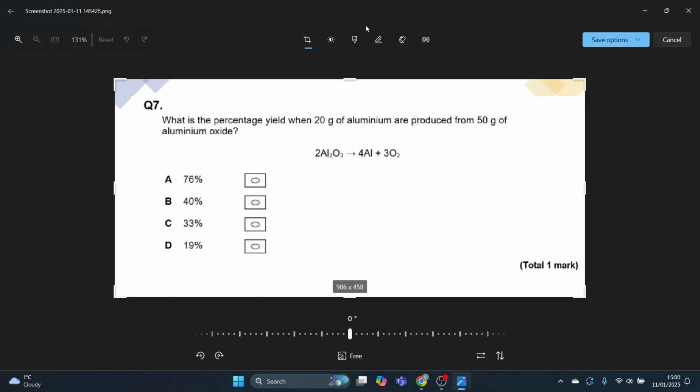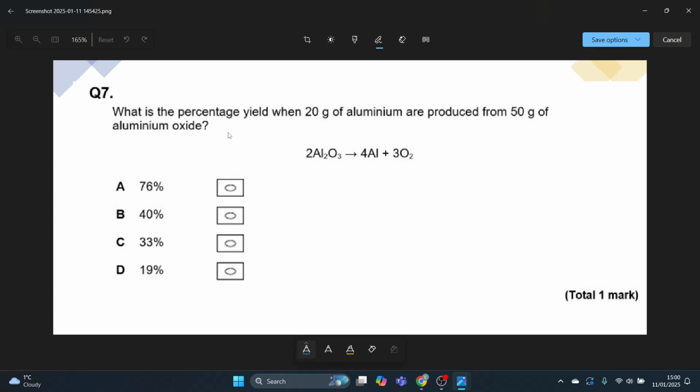Question 7. What is the percentage yield when 20 grams of aluminium are produced from this much of aluminium oxide? Percentage yield, actual yield over theoretical yield. So I can find out the moles of aluminium. The Ar of aluminium is 27, so the moles of aluminium is 20 divided by 27. The percentage yield when this much aluminium is produced by this much. So the actual yield of aluminium is 0.740747 moles,